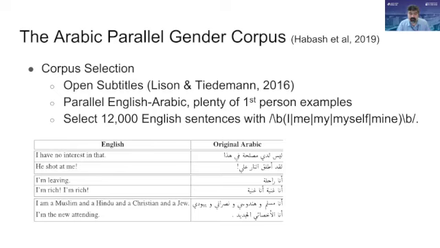So what did we do? We ended up getting this really lovely corpus, well, a portion of an existing corpus called Open Subtitles, which are those subtitles you see when you watch American movies on Arabic in the Arab world. All of the Arabic subtitles, these are publicly available, and they are already with their closed captions, the English translations of them. So we extracted, based on the English, the instances that says I, me, myself, mine. And we got a very large data set out of this. And we'd have things like what I'm showing you here, right?